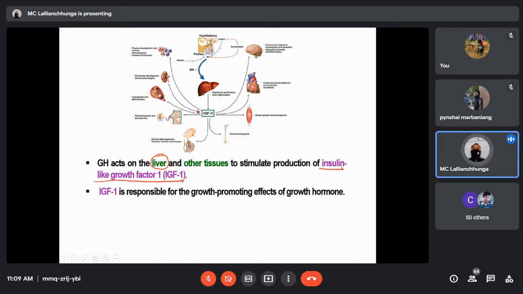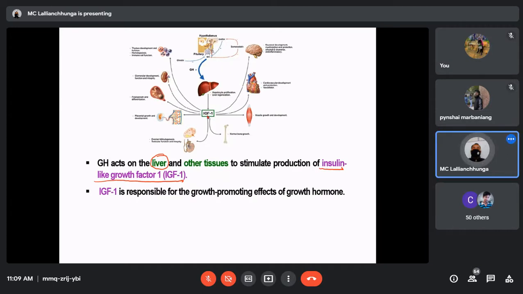IGF-1 is responsible for the growth promoting effect of the growth hormone. It will influence so many organs. Here you can see IGF-1 will influence all organs of the body. So this is the indirect effect of the growth hormone. It means it will cause production of IGF-1 by the liver, and IGF-1 will do the growth promoting effect of the